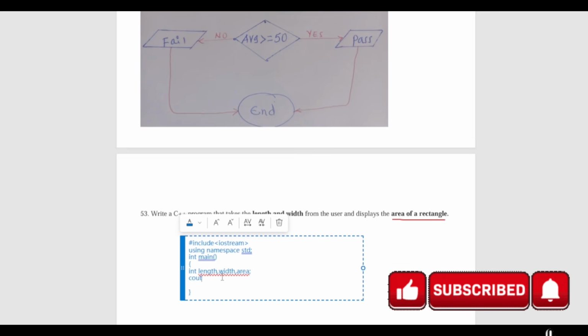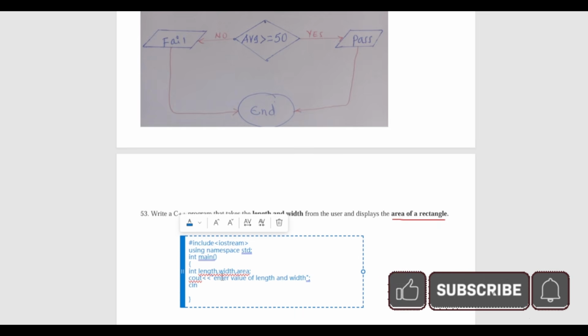Let's say cout, enter the value of length and width, this statement simply. The next, cin length,